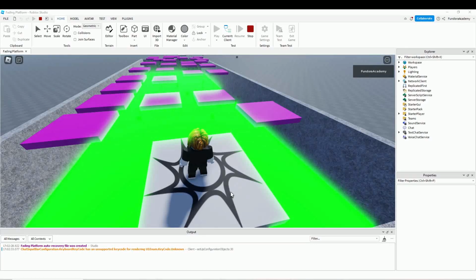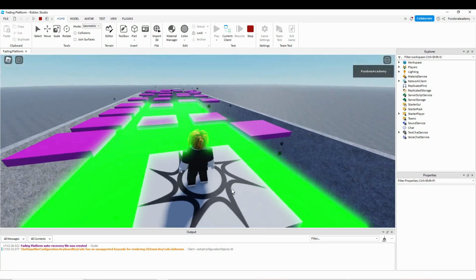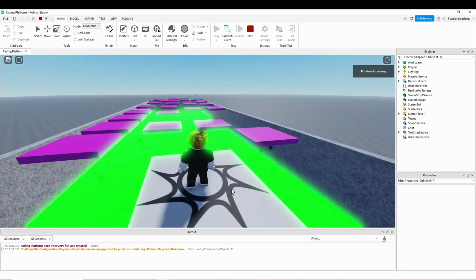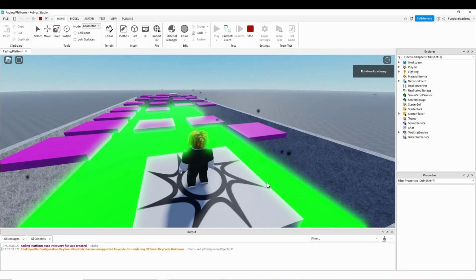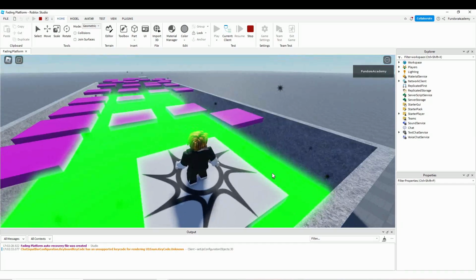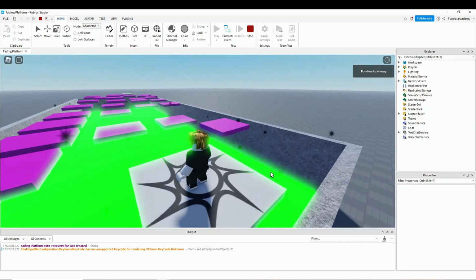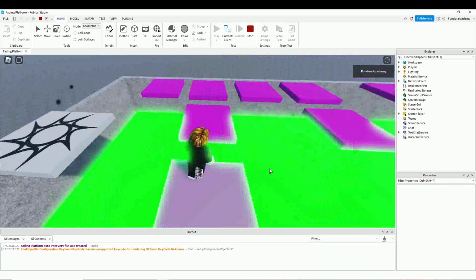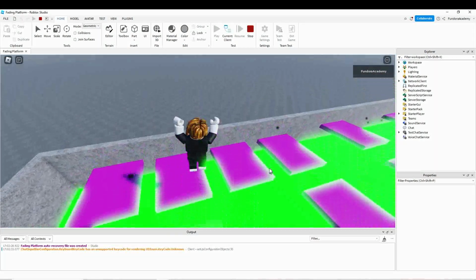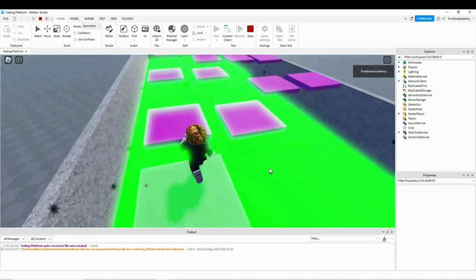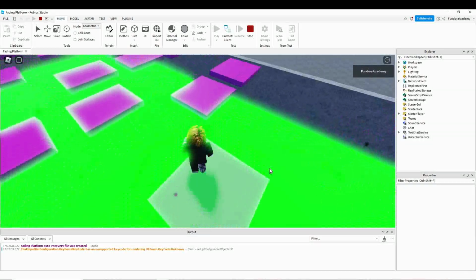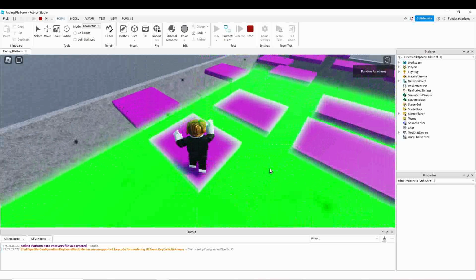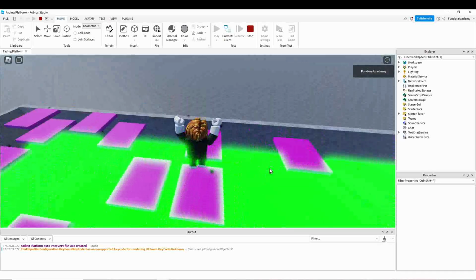Okay, hello everyone. Today I want to show you how we can create an obby game like this with some fading pads. Okay, so first let me demonstrate how this game looks. So for example, if you jump to some pad as it starts to fade away, you have to quickly move to another pad. Otherwise, you could fall off